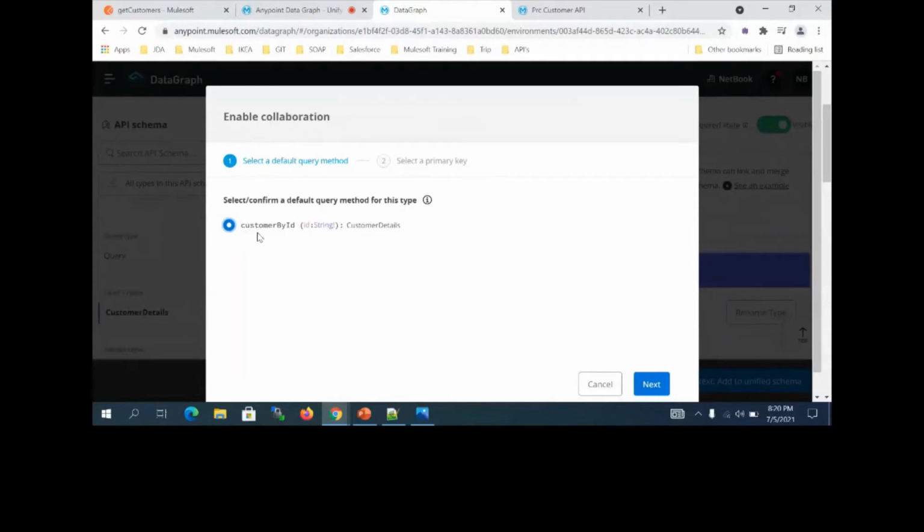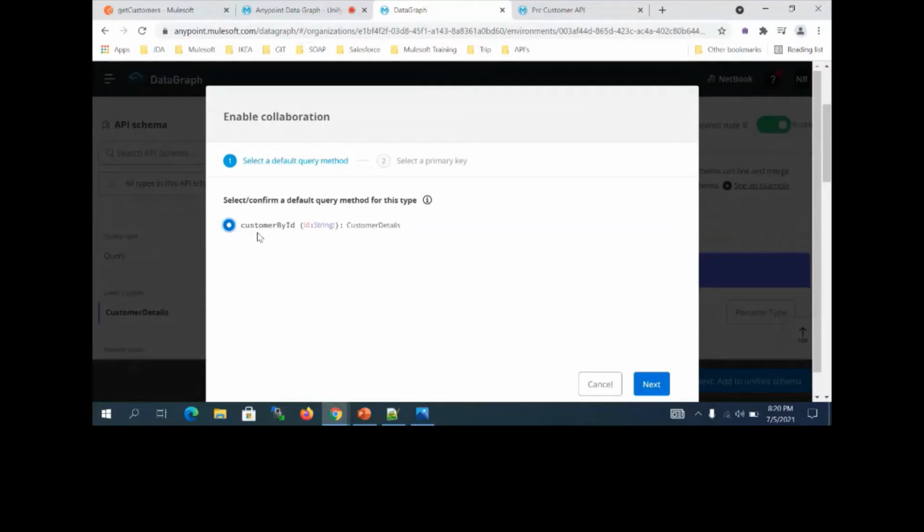Customer by ID, you want to enable this. Now we can select that ID as your unique ID. But one thing, make sure that your data types should not be nullable. That means it should be mandatory, that it should be defined. Click on confirm. Now I enabled the collaboration.